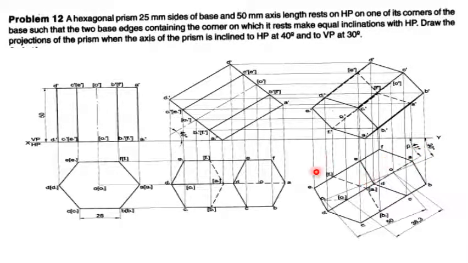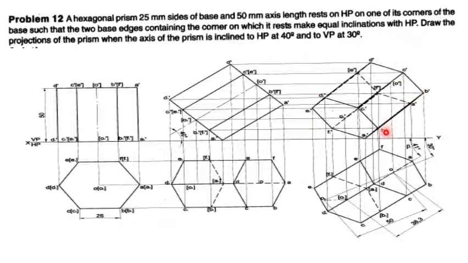Okay. So once you complete this top view, when the axis is inclined to both the reference planes, draw vertical projectors, and from the previous front view, draw horizontal projectors and mark the corresponding intersection points like A and here A dash. So this is A dash. Similarly B dash. You mark all the points.